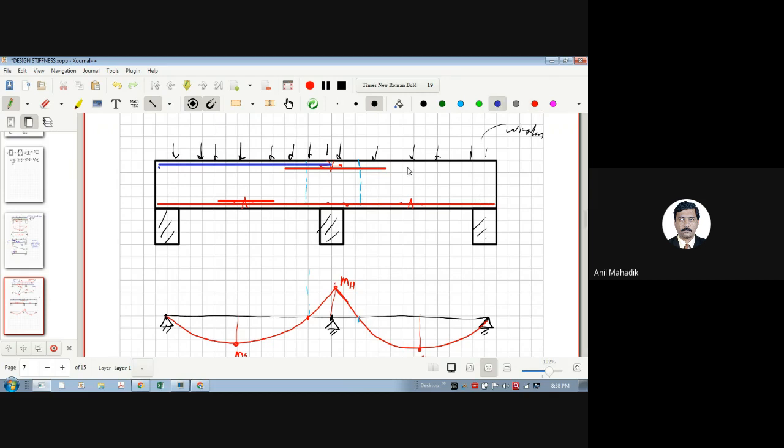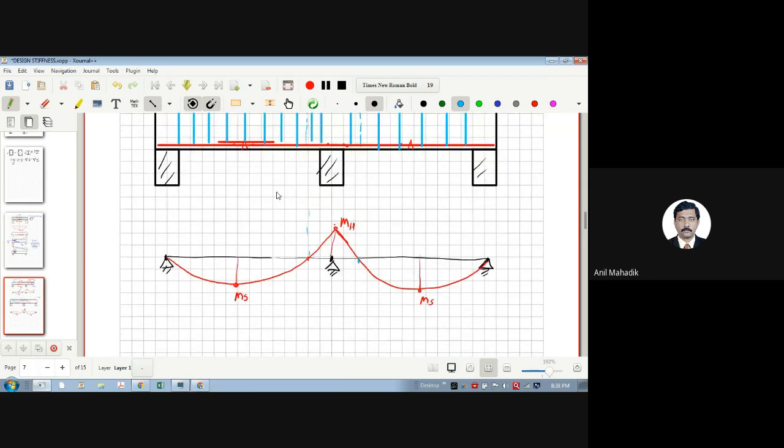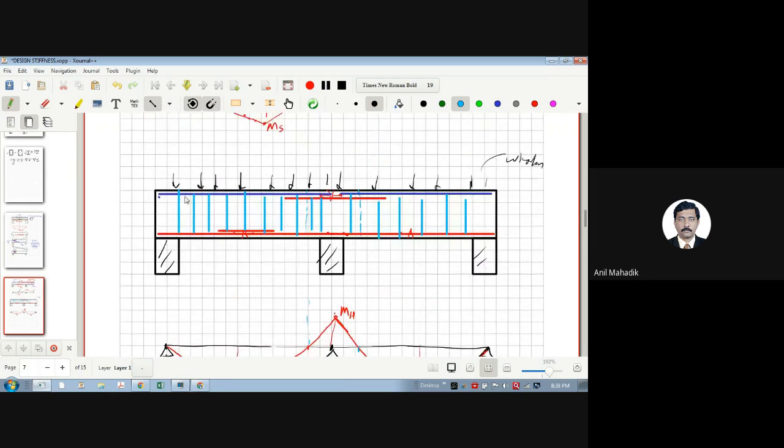And then blue color for holding the stirrups, anchor bars. And then there will be stirrups, whatever it may be. Now, generally, whenever we provide the stirrups, we know that shear force is maximum at the support. So the shear stirrups are closer near the support. Okay, ऐसे close spacing रहता है